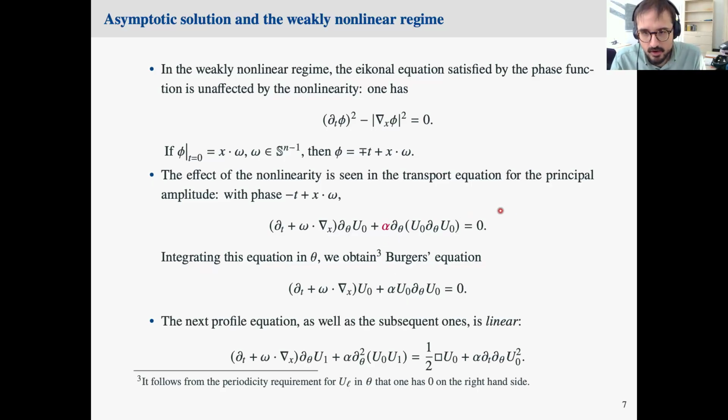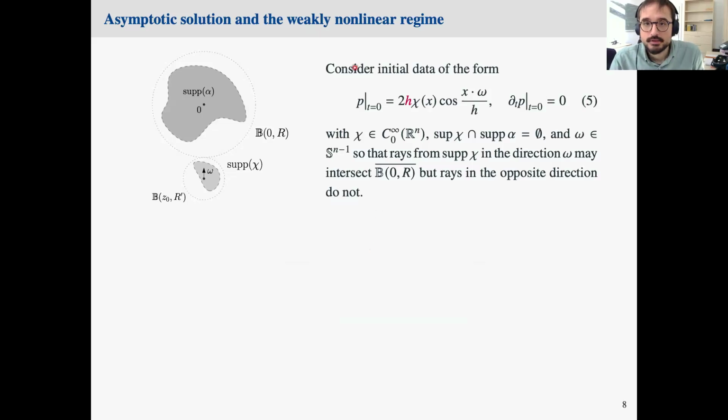And so you see that essentially the only possible bottleneck in solving your profile equations is this equation which is nonlinear, and in principle it could create a shock. So essentially the idea is you have to choose your initial data to make sure that you don't run into trouble. So if you consider initial data which is highly oscillatory, and as we mentioned we want the amplitude to be O(h),